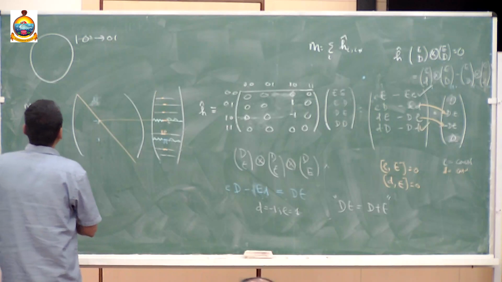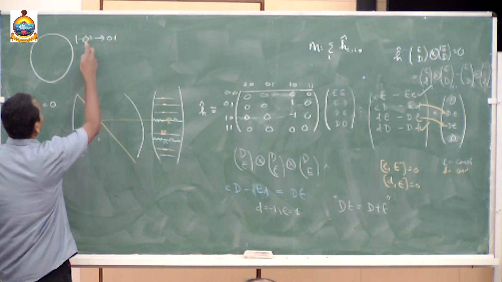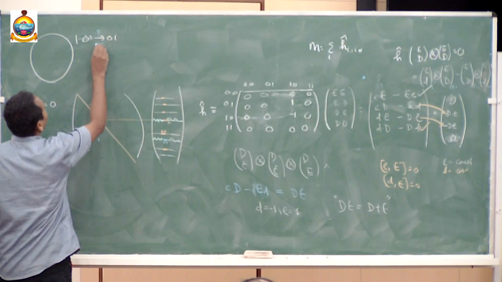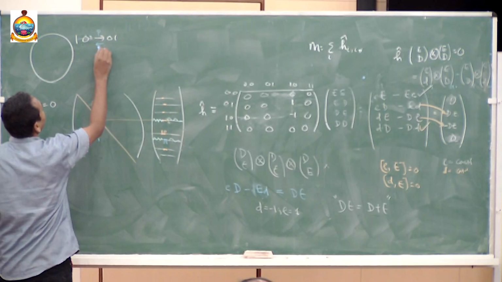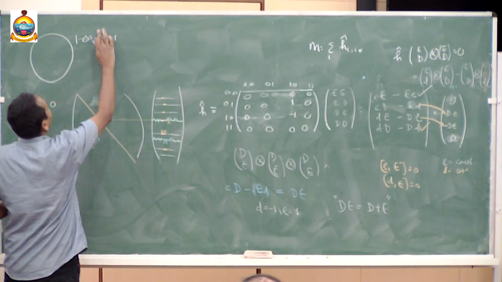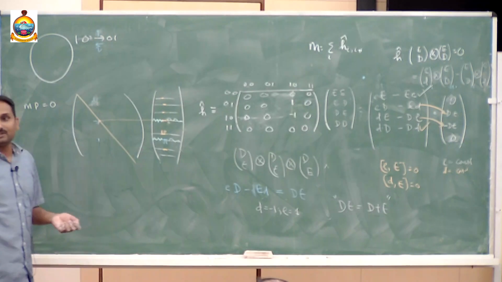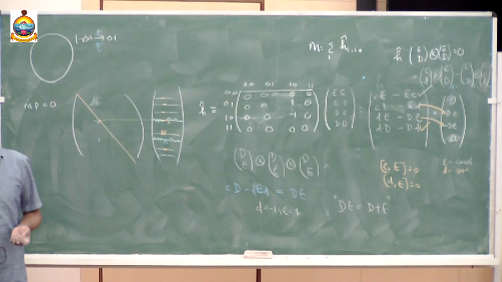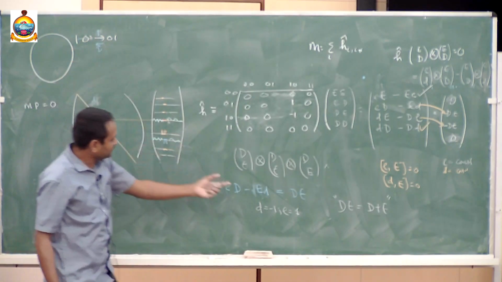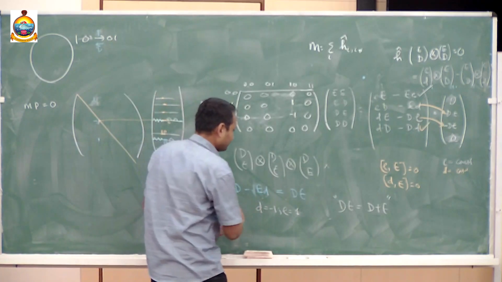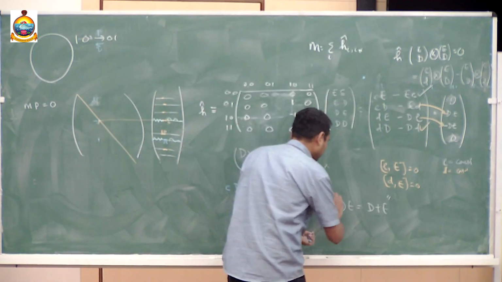So now, if you make it a little more complicated, let us say this is P, and on this side it is Q, 0 1 to Q. And P can be thought of as 1, right? One of the rates you can always set to be 1. So in this situation, the corresponding equation that I get here,